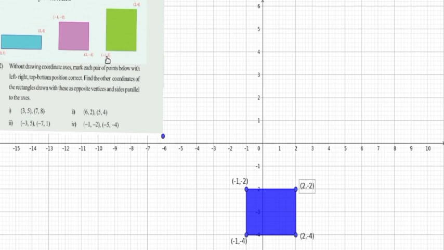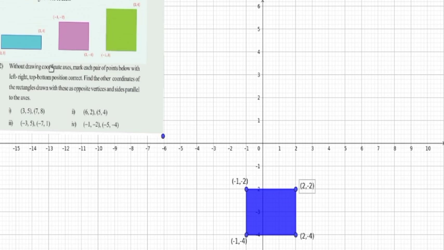See, here this line is parallel to the x axis, so the y coordinates are the same. So here the y coordinate is 3. This line is parallel to the y axis, so the x coordinates are the same. So (2, 3) are the coordinates of this point. Similarly, here the x coordinate is -1 and the y coordinate is 6, so this vertex is (-1, 6). Okay, that is homework for you.